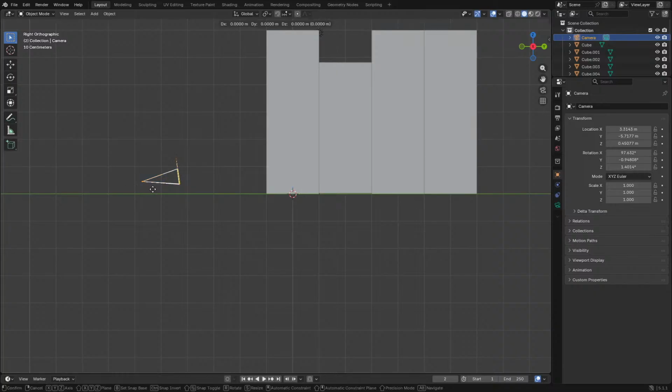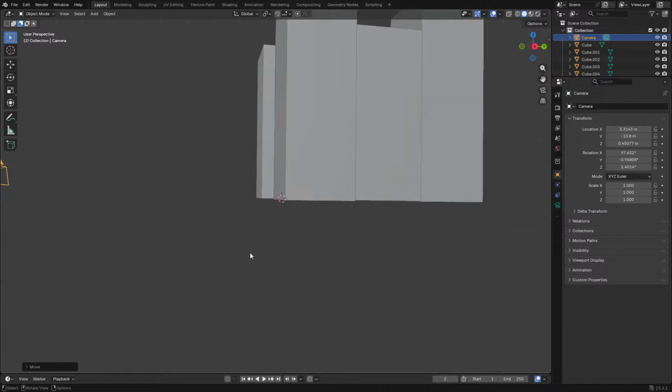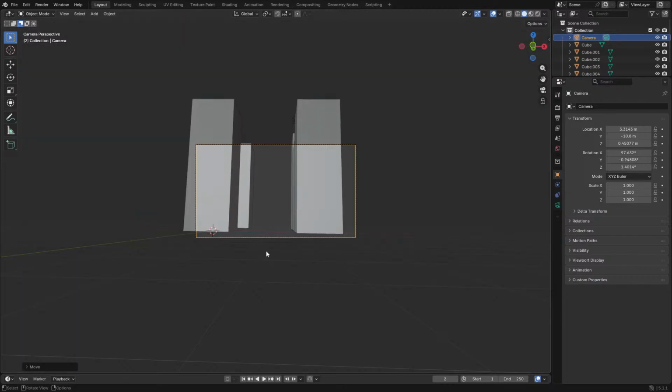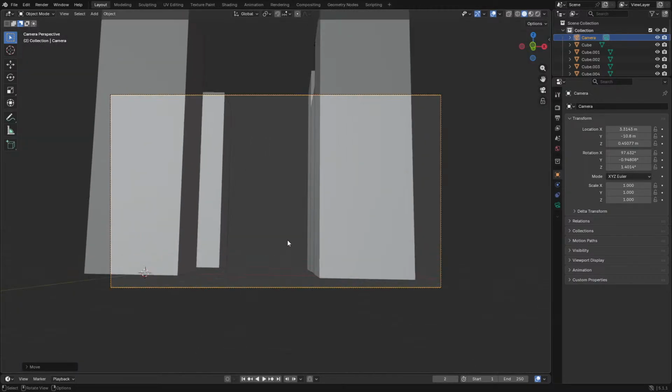So G, Y, 0. How does that look? Horizon line's about there. Does this look tilted to you? Because it looks tilted to me. Maybe that's just me going crazy.